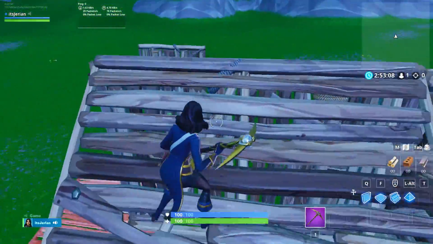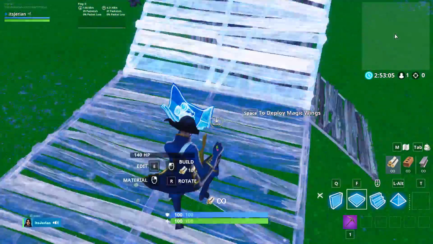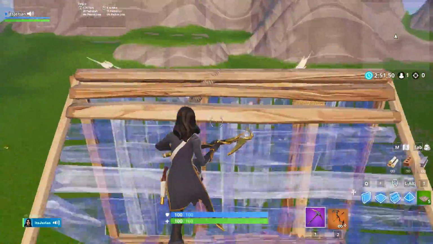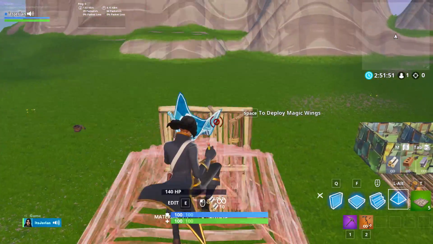Now, if you ever get shot down from high ground, instead of catching yourself with a ramp or a floor and then trying to build back up, you can catch yourself with a cone and then immediately build back up for height instead of falling to low ground. Credit for this trick goes to